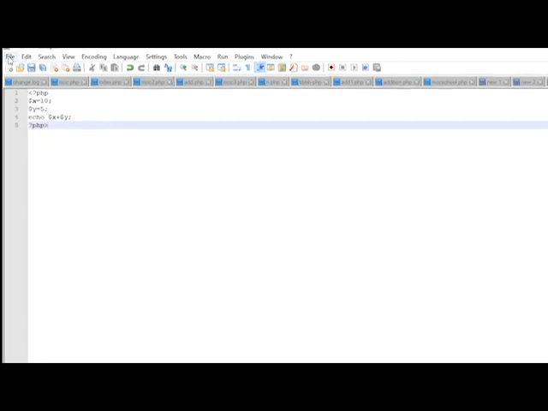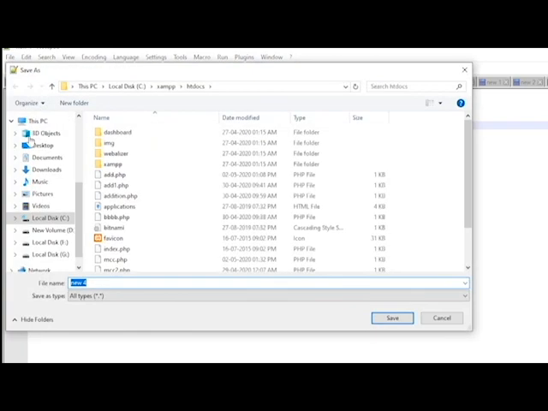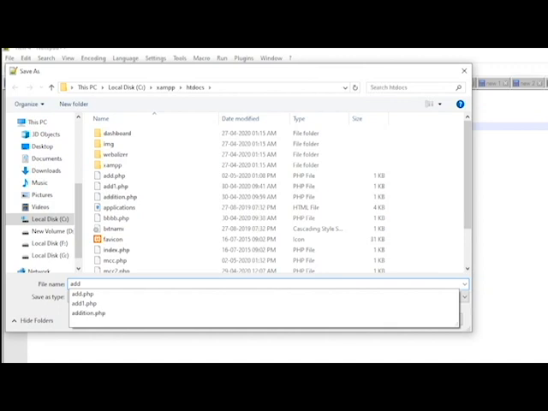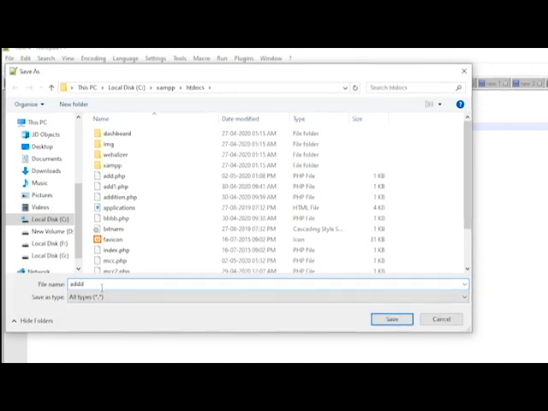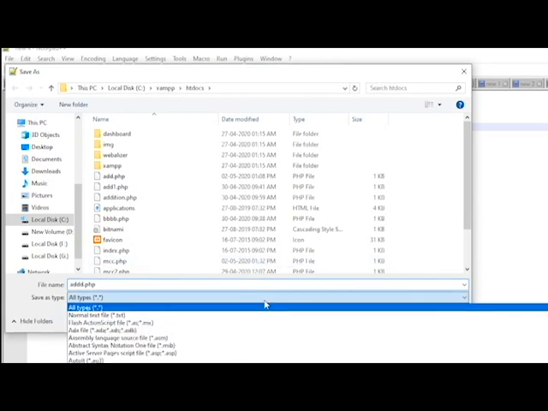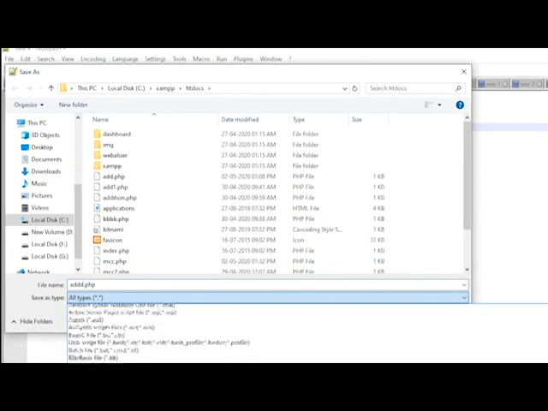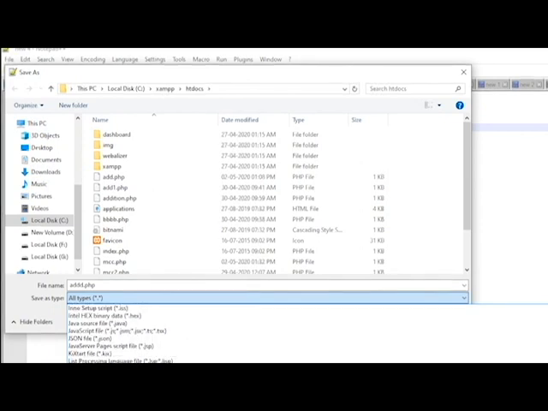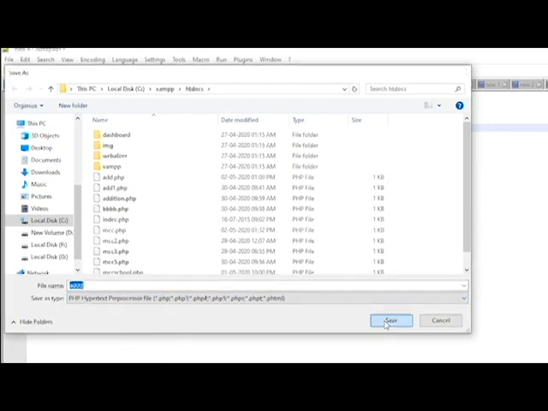Click File, Save, file name add dot php. Select the file extension PHP hypertext preprocessor, click Save.